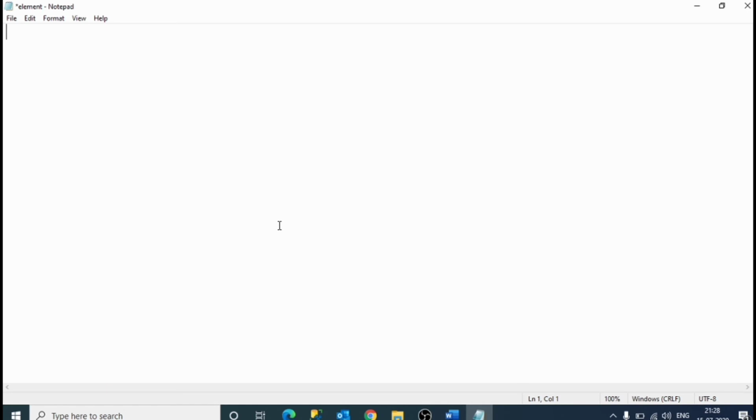Now we'll see an example. HTML, head, title. In title we have to write attributes, slash title, slash head, now body. We'll write a. And what is a?